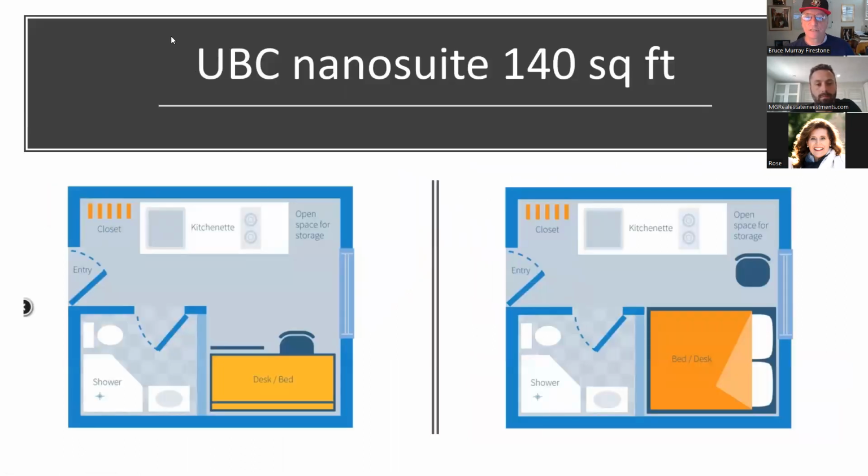So here's what UBC did. They were 140 square feet, not 145. And they're so small that UBC, the University of British Columbia, calls them nano suites. Nano is very small. Micro is small, but nano is even smaller. So you can see that they're full